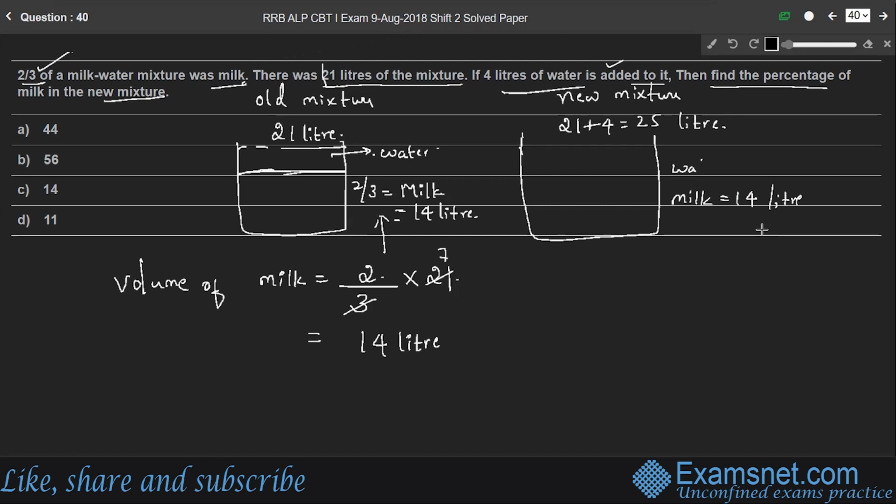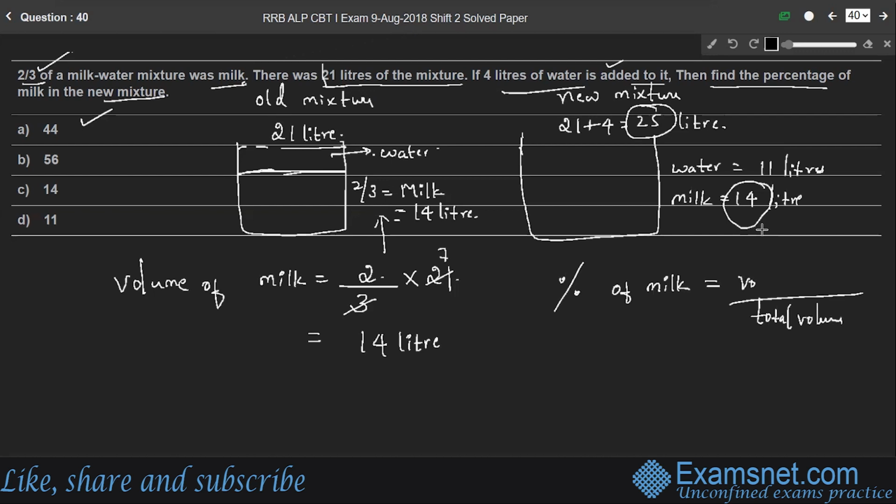And water becomes the remaining, which is 11 liters. Then find the percentage of milk in the new mixture. Out of 25 liters, the volume of milk present here is 14 liters. Therefore, for every 100 gives the percentage of milk. Therefore, in the new mixture, the percentage of milk is equal to, out of total volume,